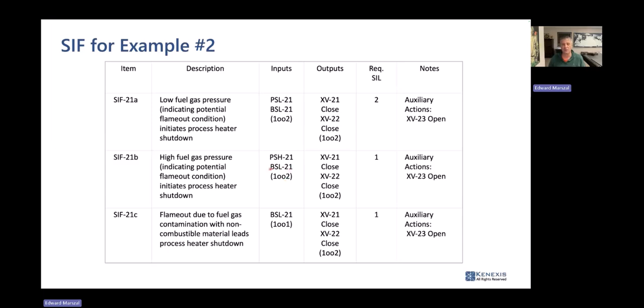So most people would not include the flame scanner in this hazard, because when your fuel gas pressure is high, you will detect that with a high pressure measurement. And if you blow your flame off because the pressure is that high, you will also detect that with the flame scanner. But there is a middle ground that's going to result in what's called a loaded or a bogged firebox,